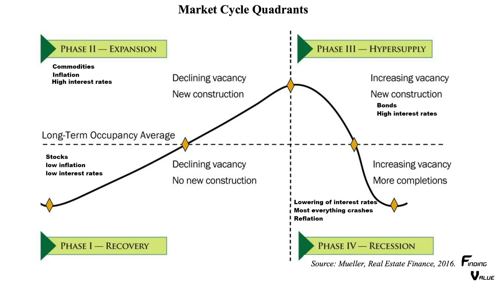It'll kind of all crash out, and what you're left with is you've got the housing market in a recovery phase. So in that phase, usually you have low interest rates and low inflation because the housing market is recovering. This is typically when stocks do extremely well. This is a risk on play because the interest rates have already bottomed and things are coming back. So stocks do particularly well in this area.